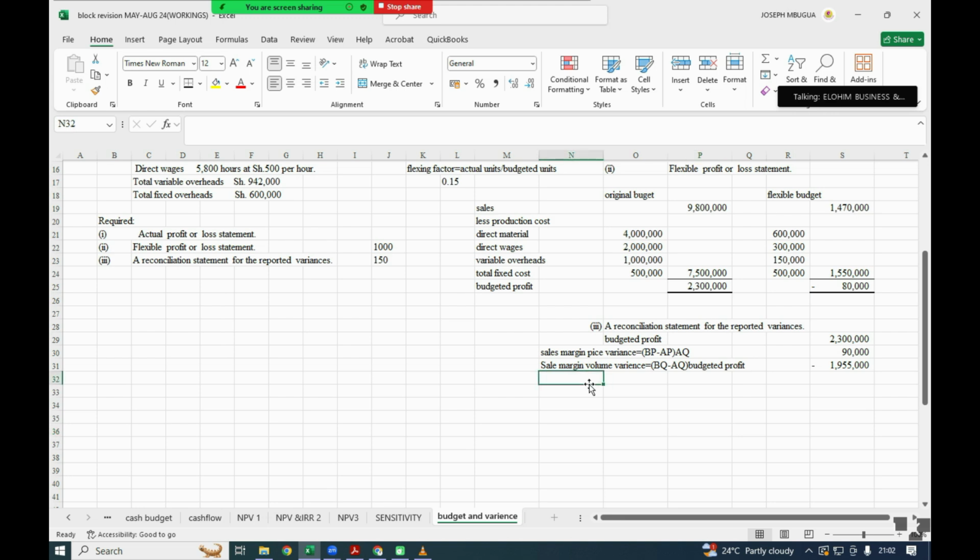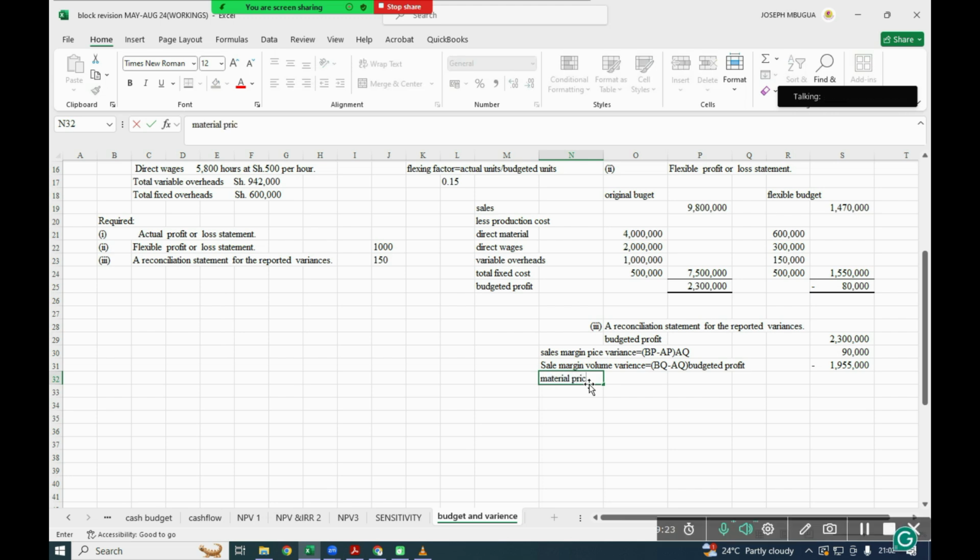So for sales there are two. We don't deal with the others, the mixes. We normally have the sales mix and the yield, so just deal with the margin, the price, and the volume. Then for material, deal with the